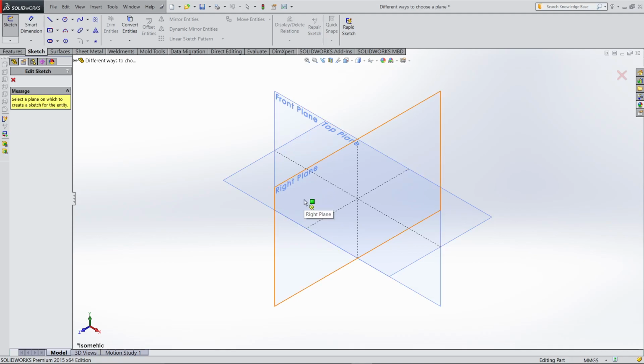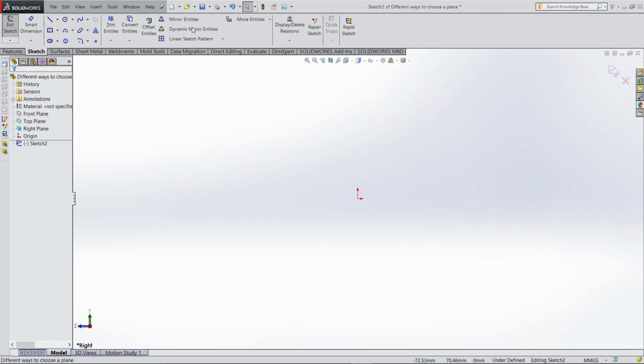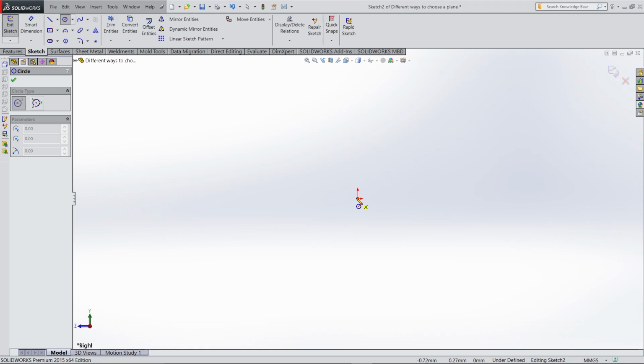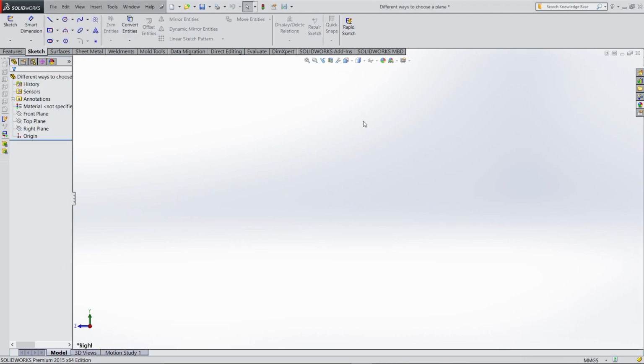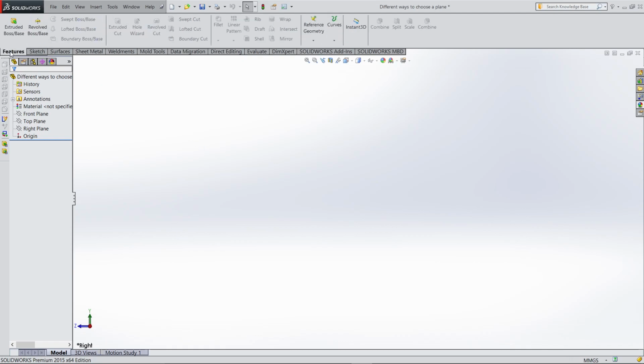For example, I'm gonna choose the right plane. And I'm gonna make a circle again so I can see the other option. So if I cancel it, it's like I've done nothing. All right. So the third way to choose a plane, you go all the way to the toolbar features and